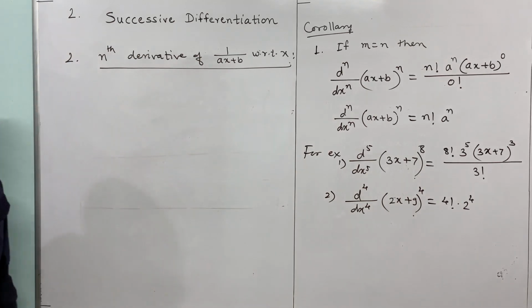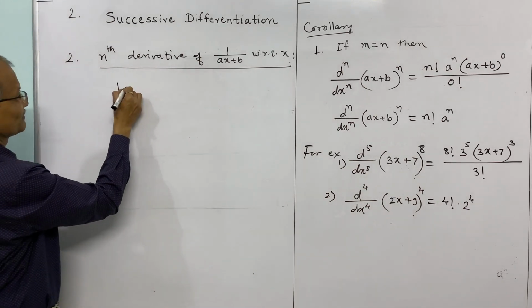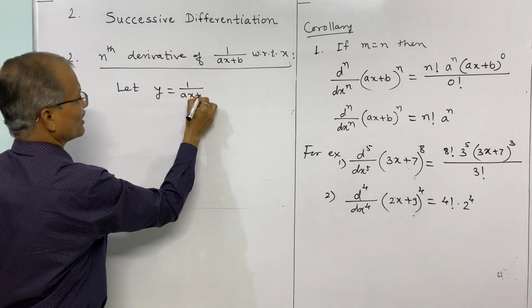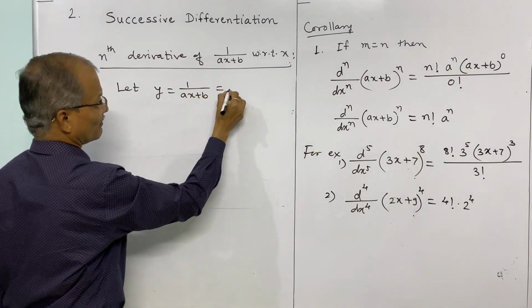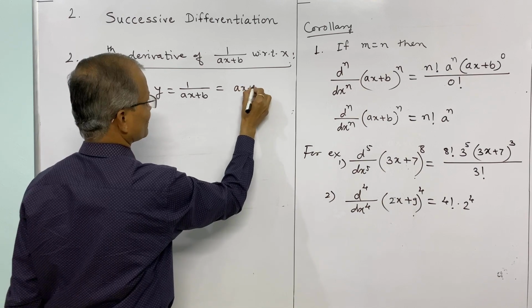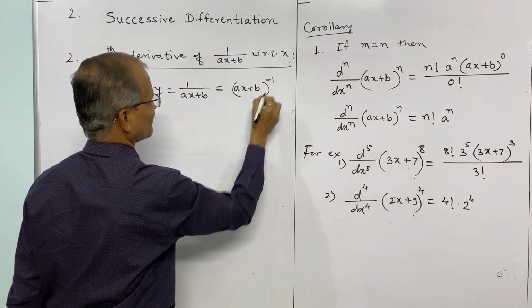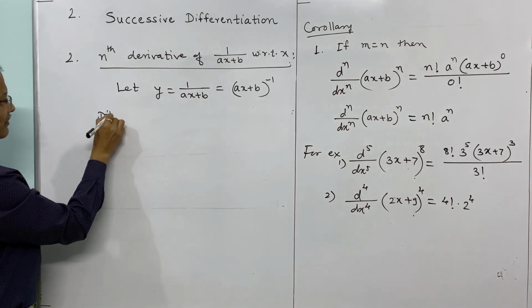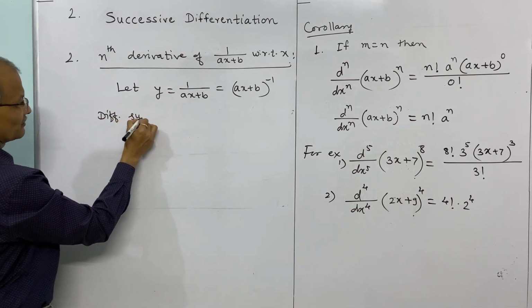Let y is equal to 1 upon ax plus b. And this we can write in power form as (ax+b)^(-1). So that we can find the derivatives by differentiating successively